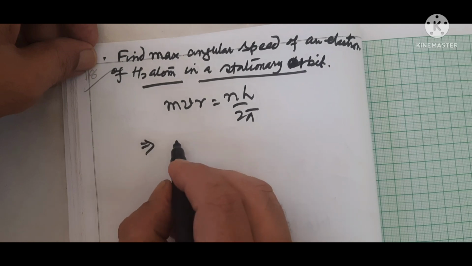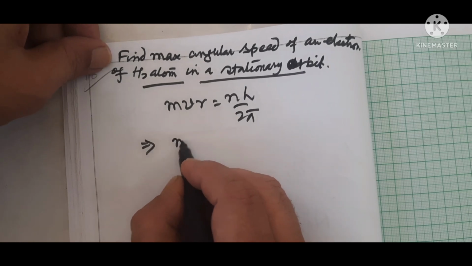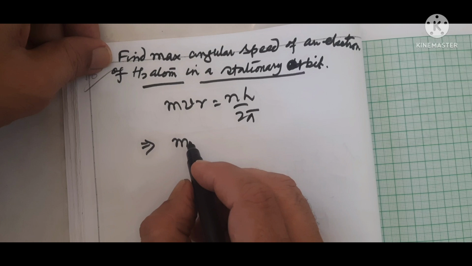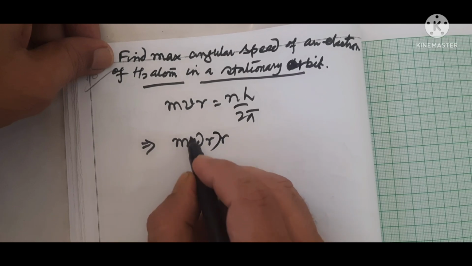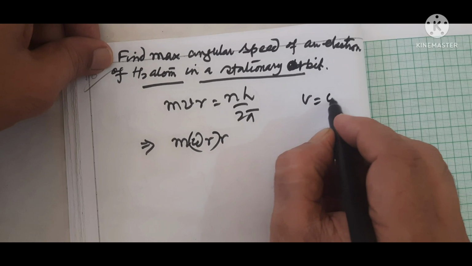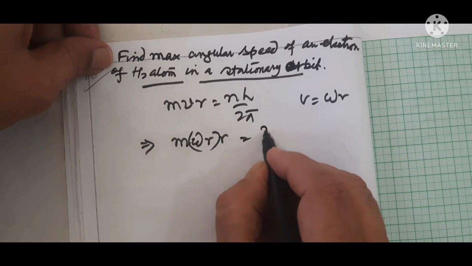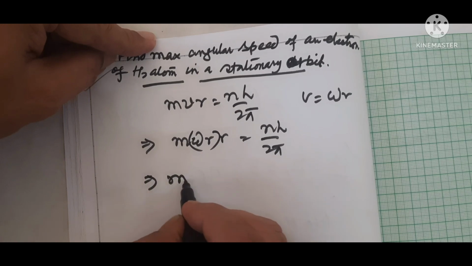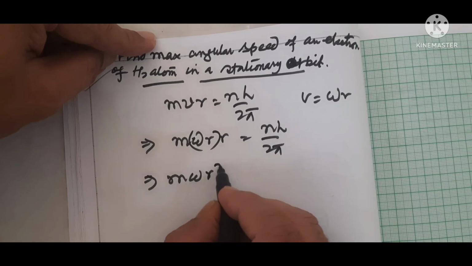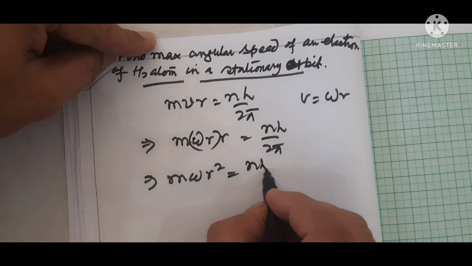This we can write m, in place of v, I am writing omega r into r. We know v is equal to omega r, so m omega r square is equal to nh by 2 pi,